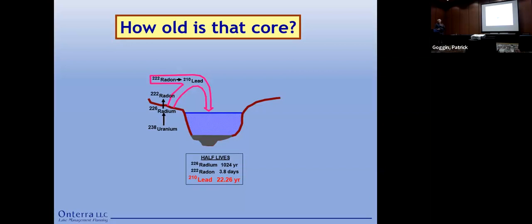Now, you can't do this with a top bottom core, but you need to do this with a full core. What we can do with a top bottom core is analyze the bottom sample. And if we can't detect any lead-210, then we know that it was deposited at least 150 years ago. We can't tell you if it's 200 years or 300 years old, but we know it was before European settlers